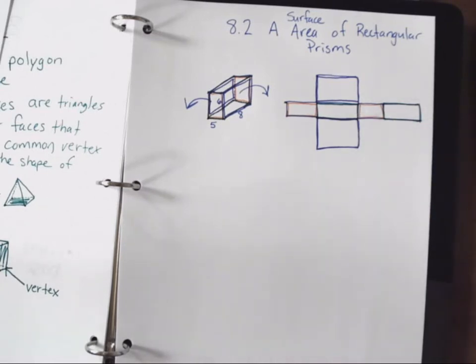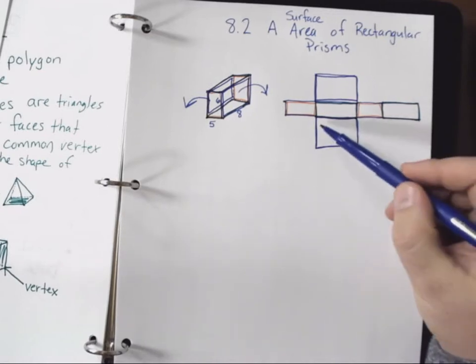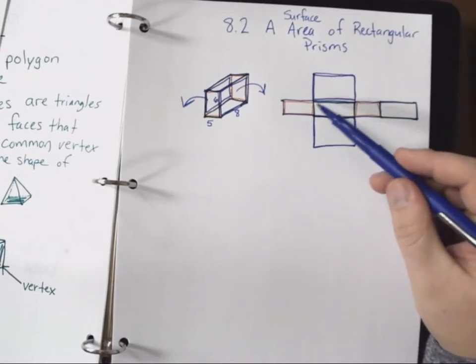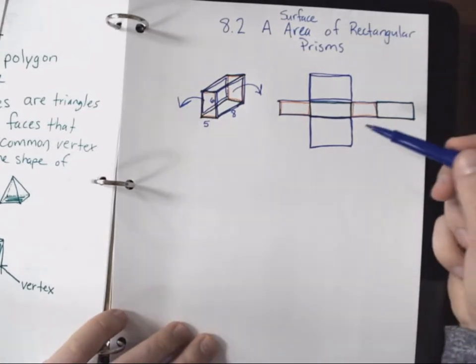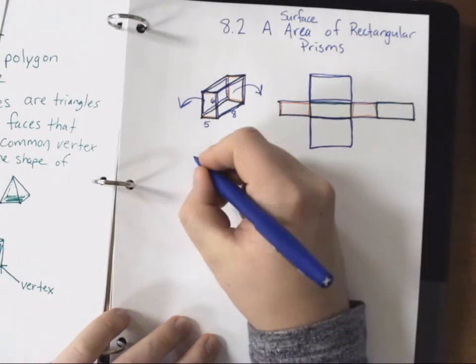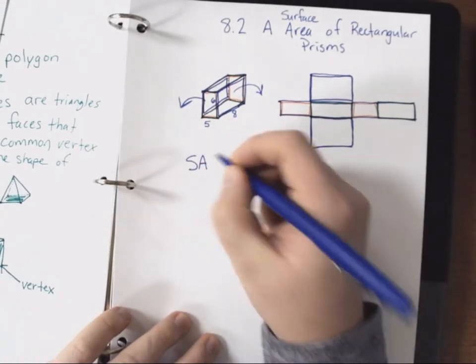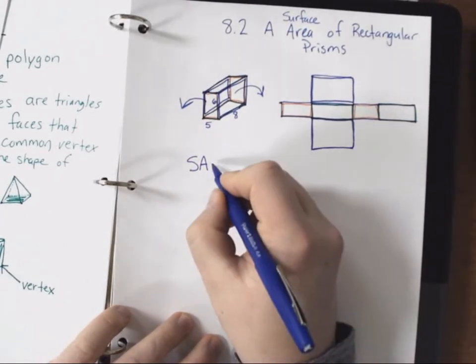And now all you have to do is find the surface area or the area of each of these shapes and add them all together. Okay, so we're going to make a formula that represents that same idea. So we're going to say that SA, for surface area, capital S, capital A, equals,